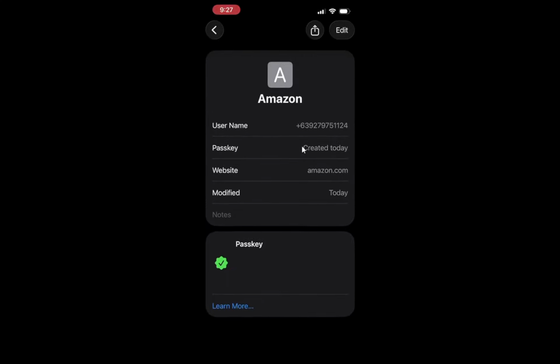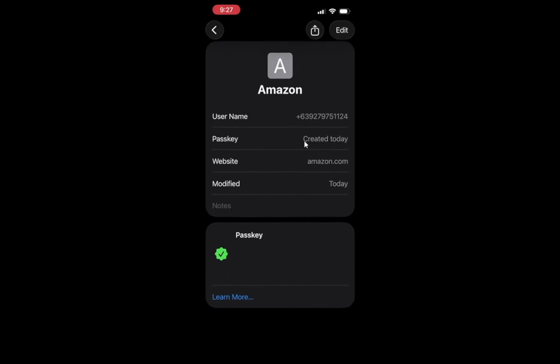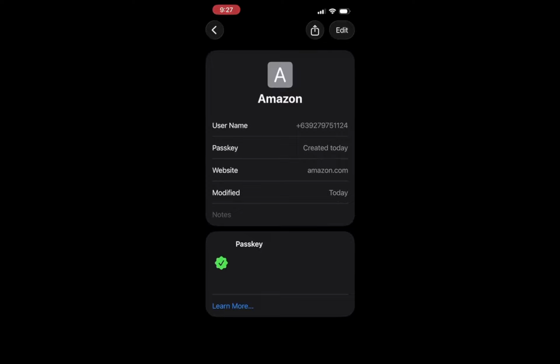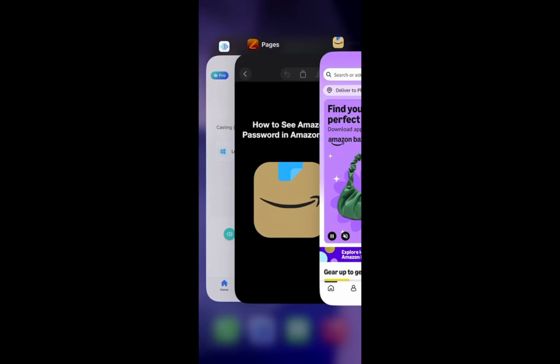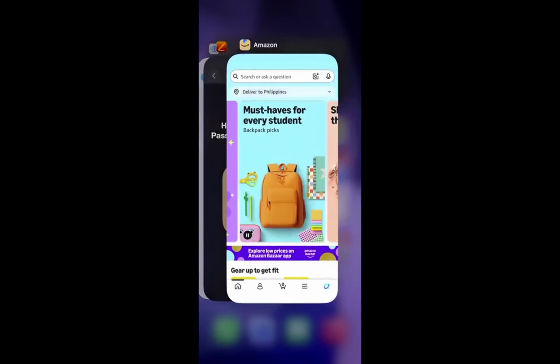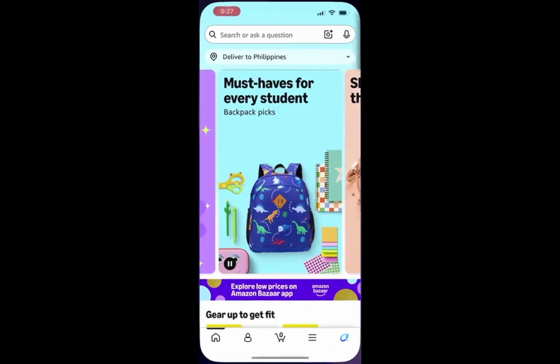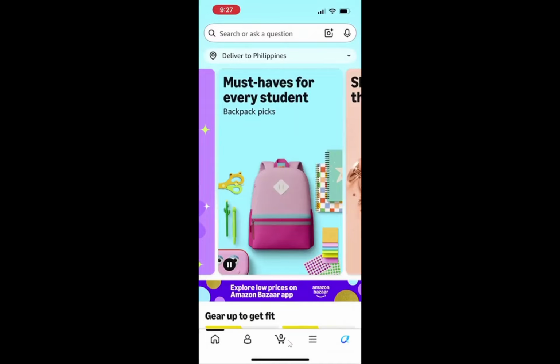Make sure you are signed in to the account you want to update. The home screen should show your name or profile icon near the top. From there, go to your account, then Login and Security. This page lists your name, email, phone number, and password section all in one place. It is where Amazon lets you update your basic login details. Next, tap Edit next to Password.